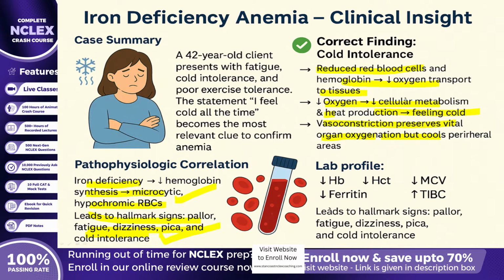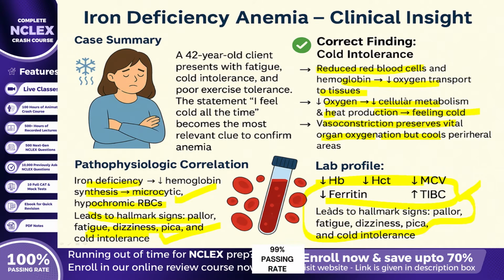Laboratory investigations often reveal decreased hemoglobin, hematocrit, mean corpuscular volume, MCV, and ferritin, with an elevated total iron binding capacity, TIBC. These findings confirm the underlying iron deficiency and support the diagnosis. Shifting attention to the incorrect options,